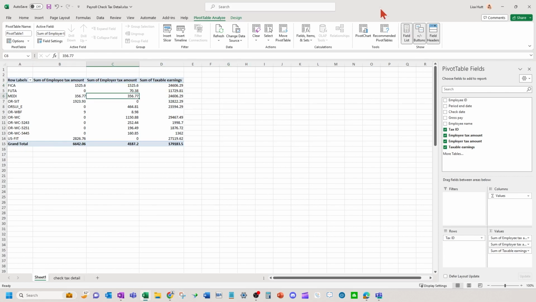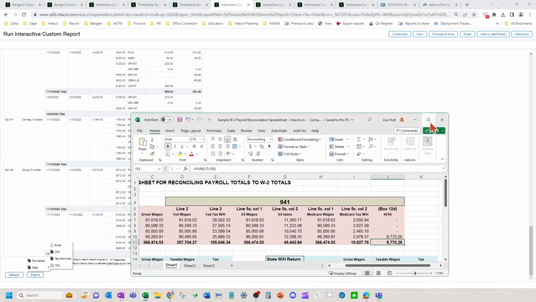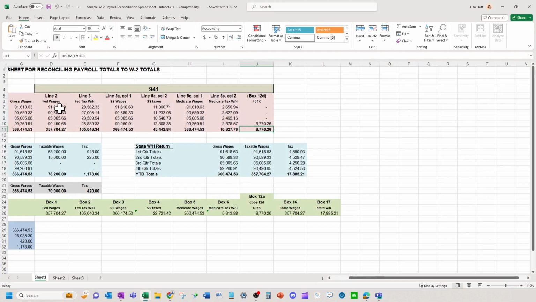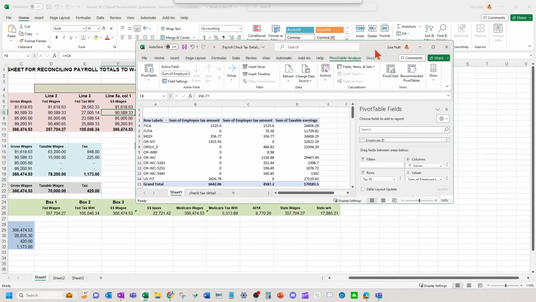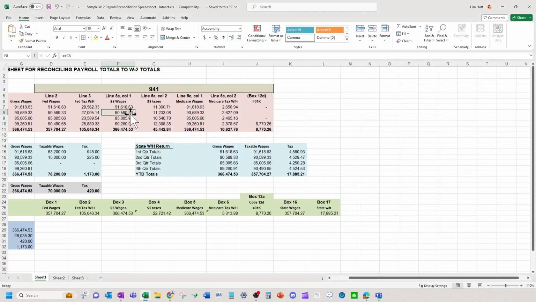Okay, so if you do this here and you add up your 941s, this Excel file here, make sure your Fed wages, withholding, Social Security information here matches the W-3 like I showed, and use this check tax earnings or check tax detail report to tie out also those taxable wages, withholdings.